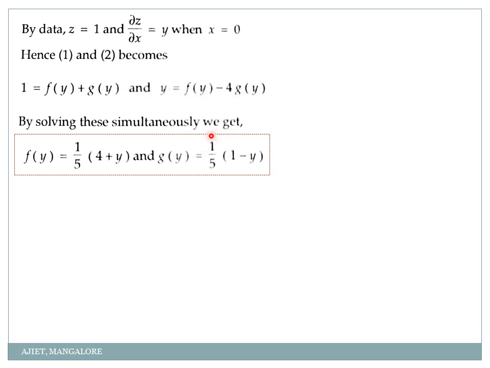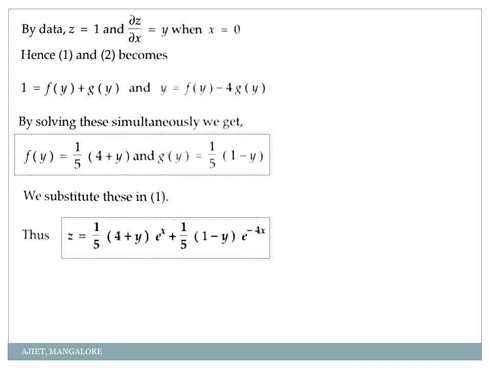I will get 5g(y), or g(y) = (1/5)(1 − y). Now substitute this (1/5)(1 − y) in the place of g(y), so that you will get f(y) = (1/5)(4 + y). Okay, the very simple way of simplification. Don't worry, try it by yourself, you will get it very easily. Okay, it's not at all difficult. Now substitute this f(y) and g(y), so that I'll get z is